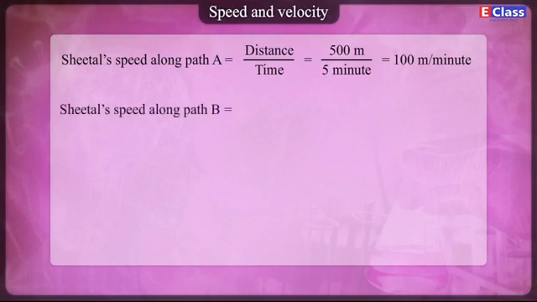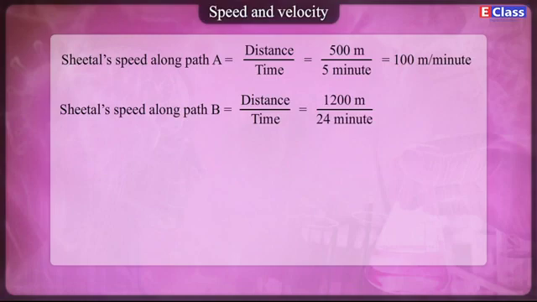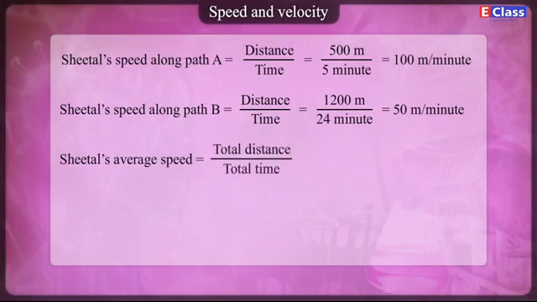Sheetal's speed along path B is equal to distance upon time, which is equal to 1200 meters upon 24 minutes, which is equal to 50 meters per minute. Sheetal's average speed is equal to total distance upon total time, which is equal to 1700 meters upon 29 minutes, which is equal to